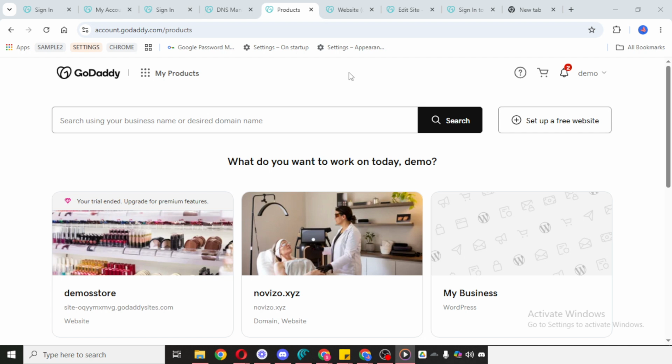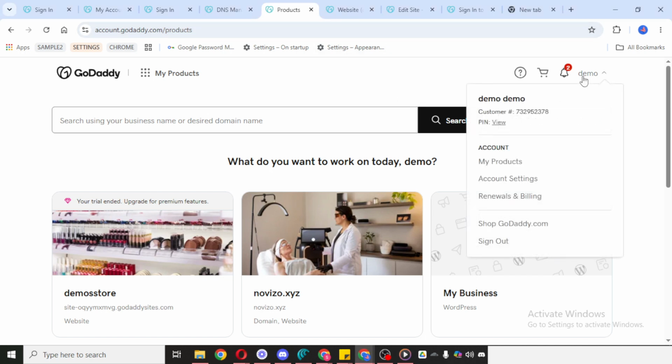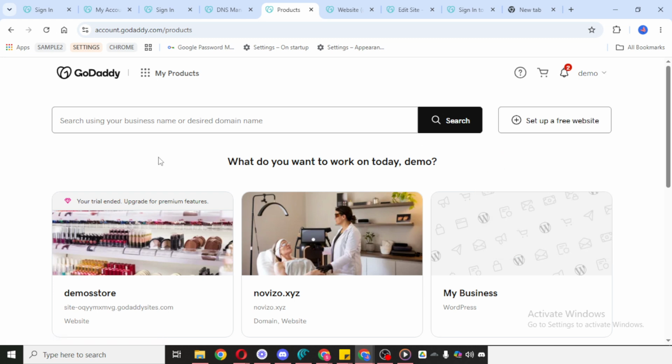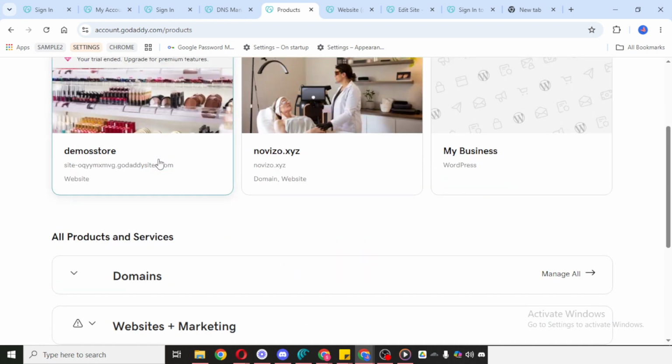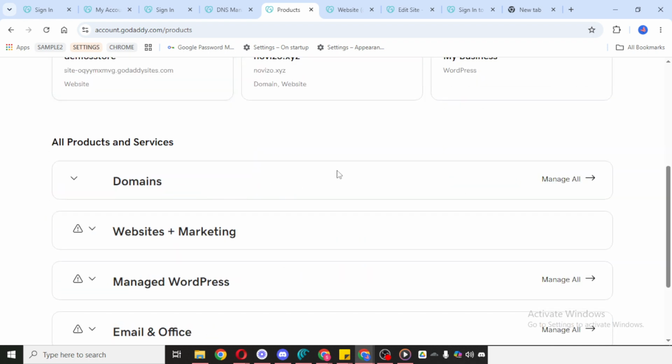To get started, open your GoDaddy account and sign in. Once you're inside your dashboard, look for your Profile section. This is usually where account-related options are organized, and it's the starting point for accessing the products connected to your account. From your profile, click on My Products. This page brings together everything you currently have with GoDaddy, including domains and any related services. Take a moment to make sure you're selecting the correct product area, especially if you manage more than one domain.